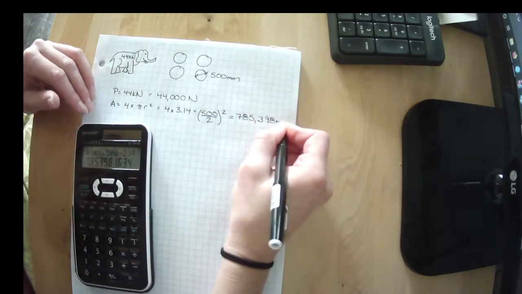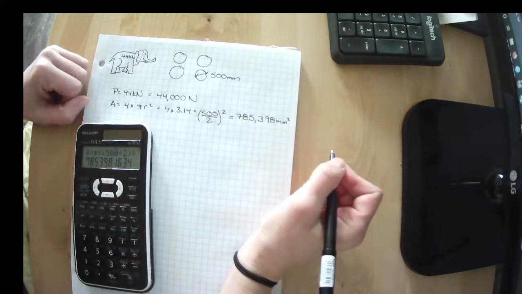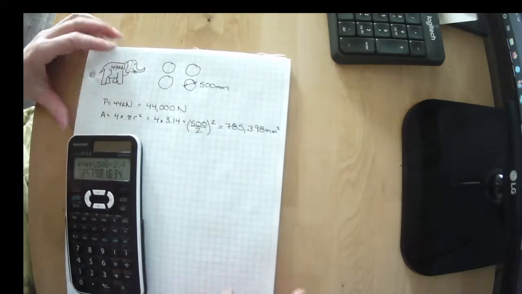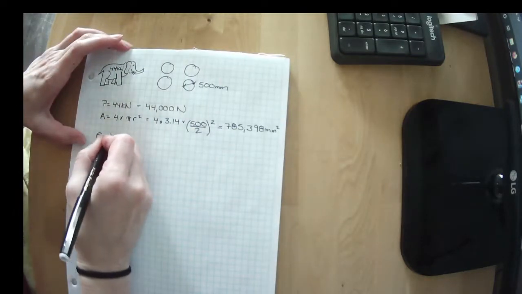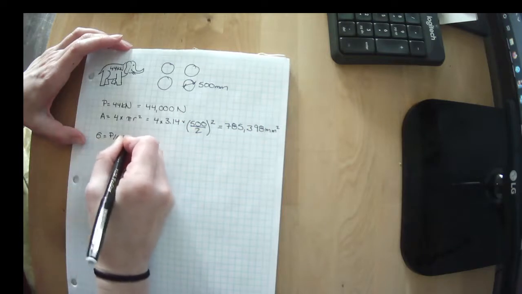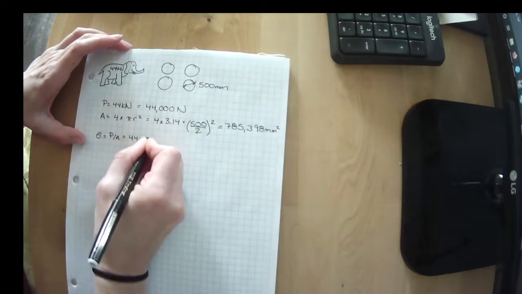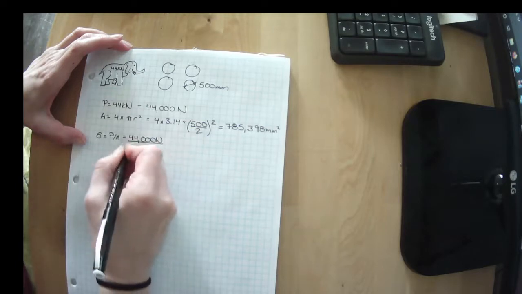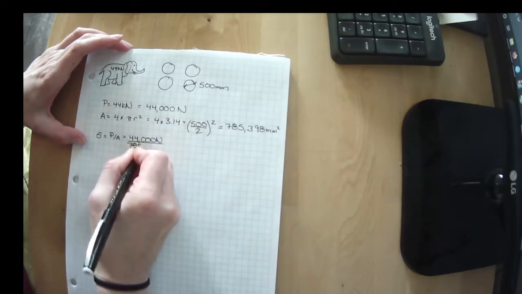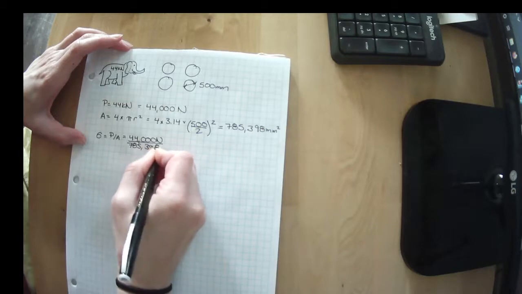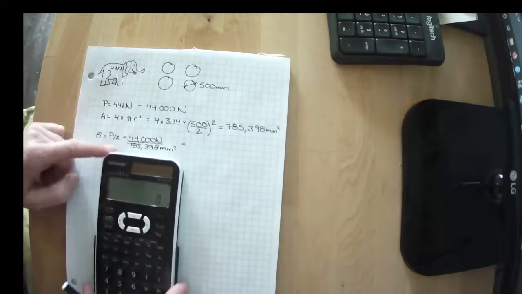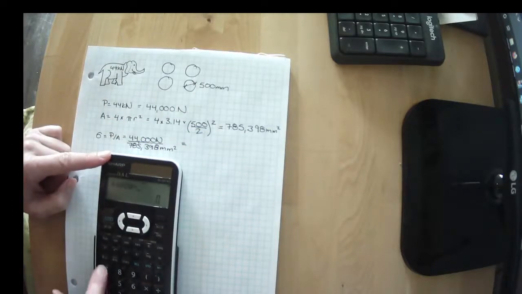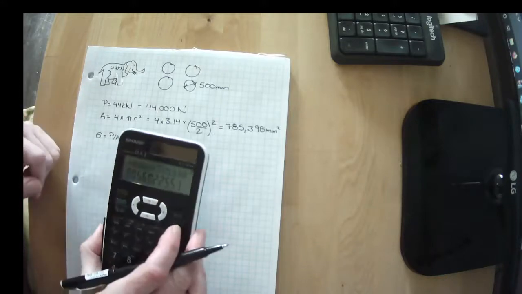785,398 millimeters squared is the total area of our elephant feet. So stress is force divided by area, or 44,000 newtons divided by 785,398 millimeters squared. Plug that into my calculator, and I get